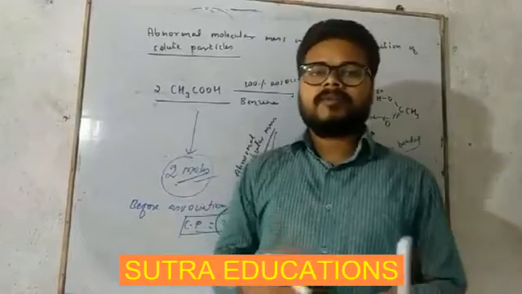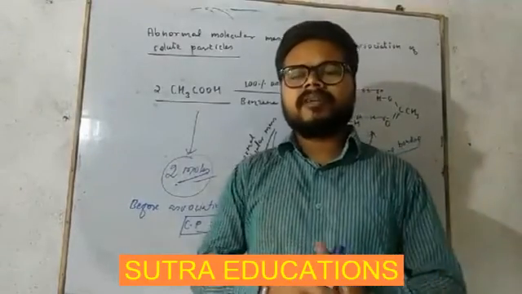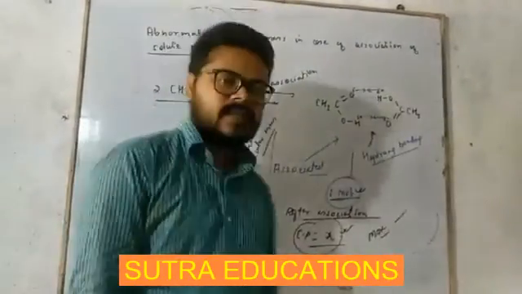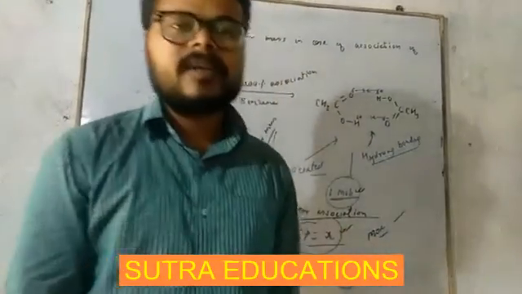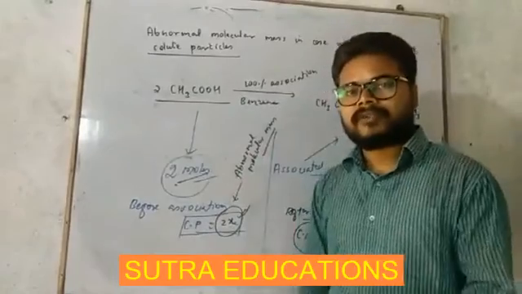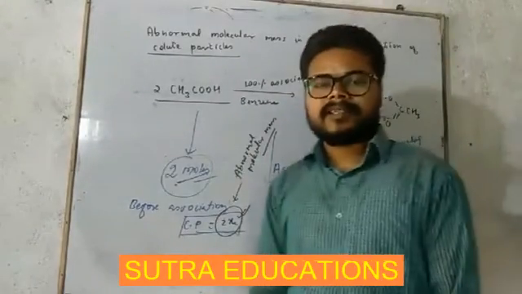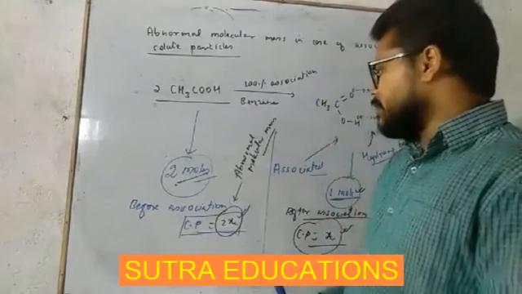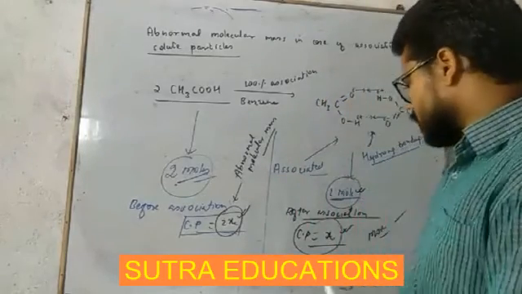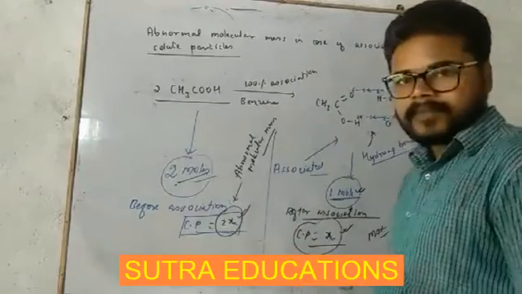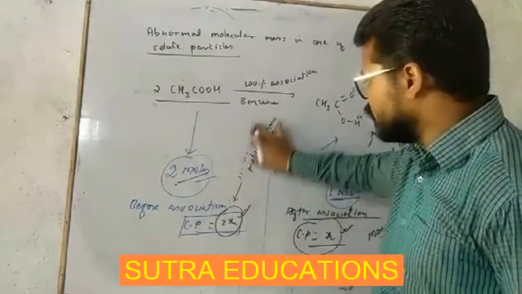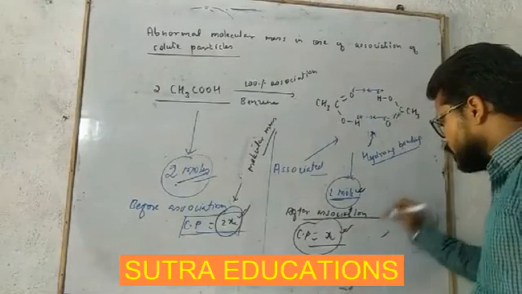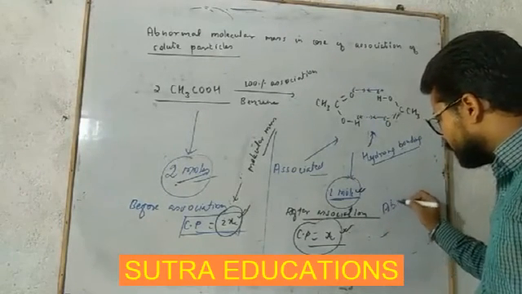Okay, abnormal molecular mass, simply I have told you, molecular mass depends upon the colligative property. Both are inversely proportional to each other. If colligative property is more, then molecular mass is going to be less, and if colligative property is less, then molecular mass is going to be more. So this time nearly molecular mass will be doubled. Sorry, before association it is molecular mass, and here it is abnormal molecular mass. It will give you abnormal molecular mass.